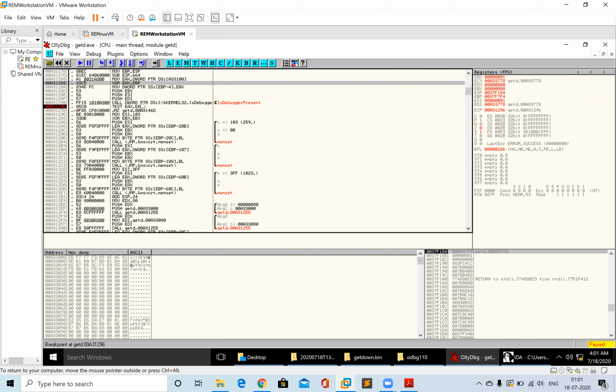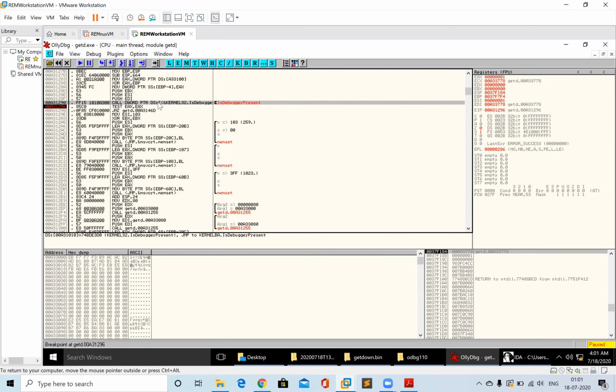So the IsDebuggerPresent function has been called, and then it is going to execute this line, test EAX, and then a jump not 0. What is happening here is that this function returns its result in the EAX register.